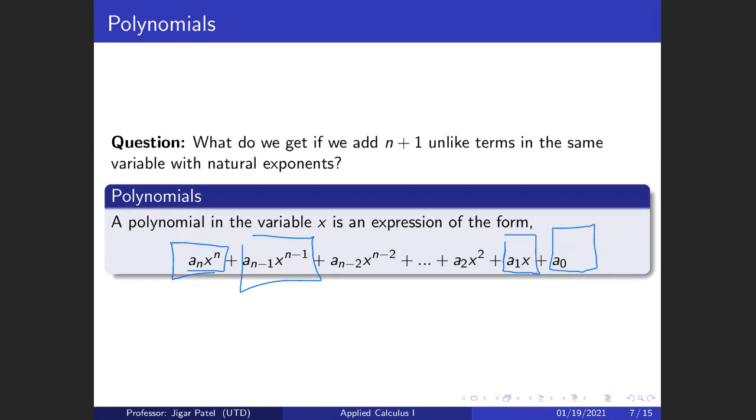All right. So we have these n plus 1 terms in the same variable added together, and the result is called the polynomial. I'm very sure that most of you must have seen this definition in the past, maybe in a different way. This is the most logical way to introduce such definition. All right. Okay. Now,